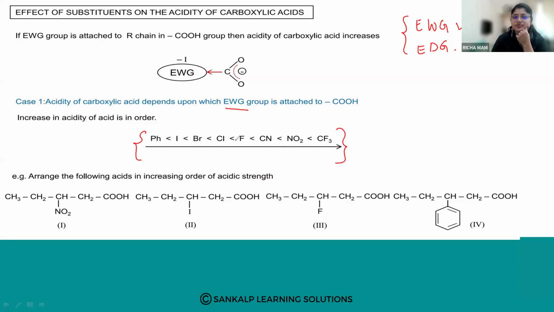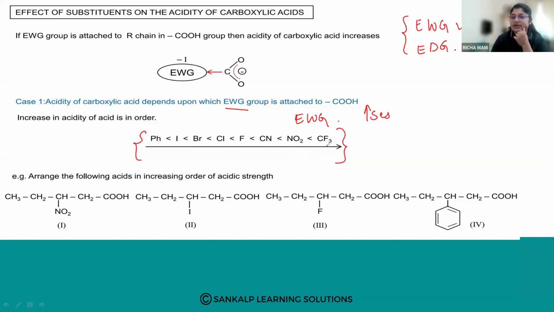Electron withdrawing groups will increase the acidity of carboxylic acid. Which are the electron withdrawing groups? Phenyl group, iodide, bromide, chloride, fluoride, cyanide, nitro group,